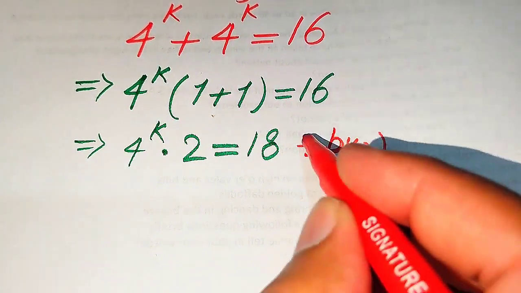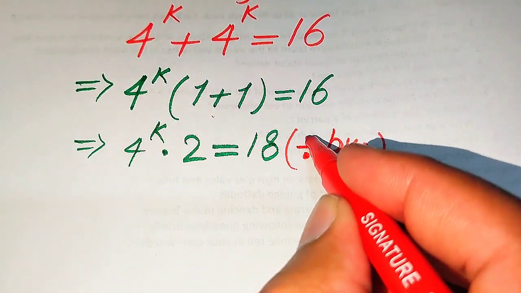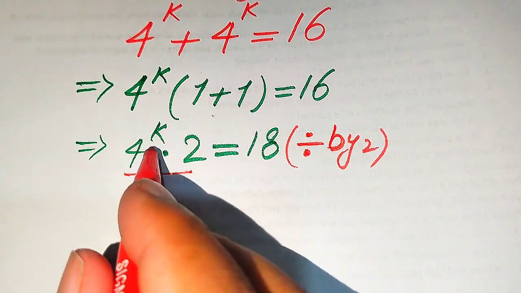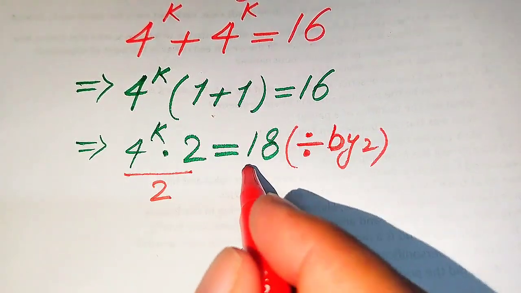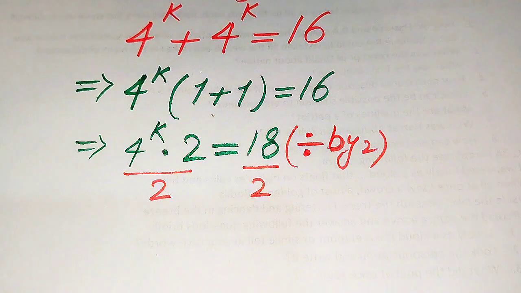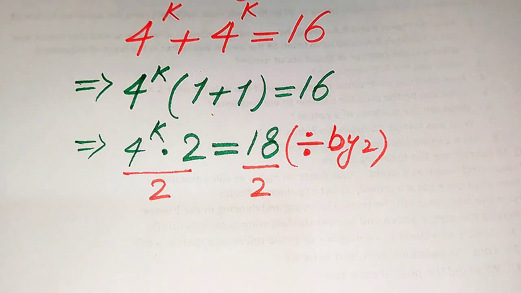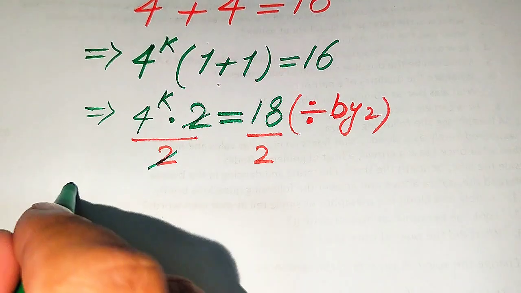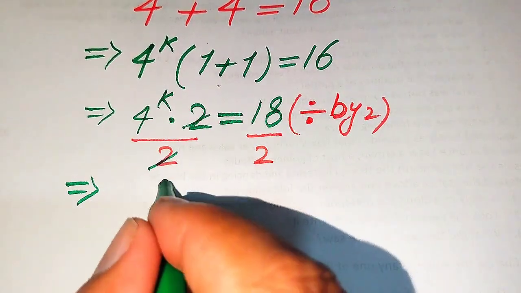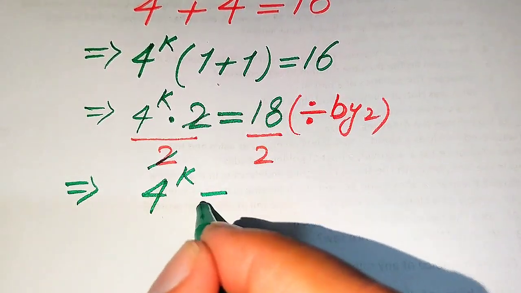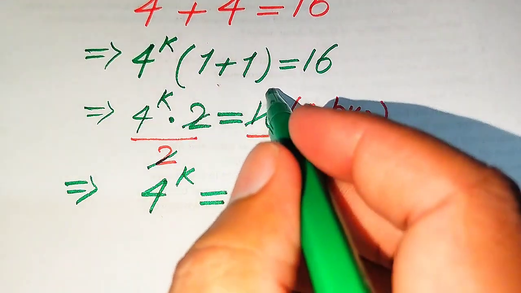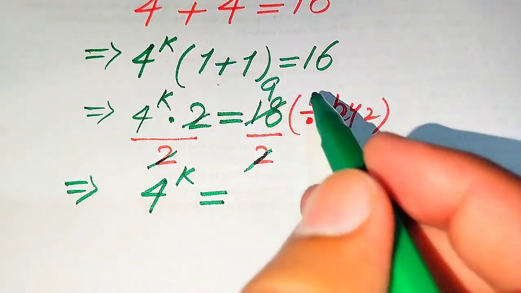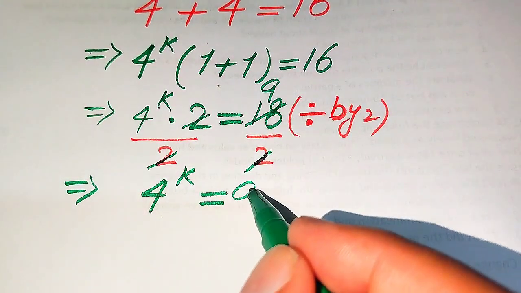So when we divide both of the sides by 2, this will be written as 4 to the power of k into 2 divided by 2, and this will also be divided by 2. And further in the next step this 2 is cancelled out by this 2, and we obtain here 4 to the power of k is equals to